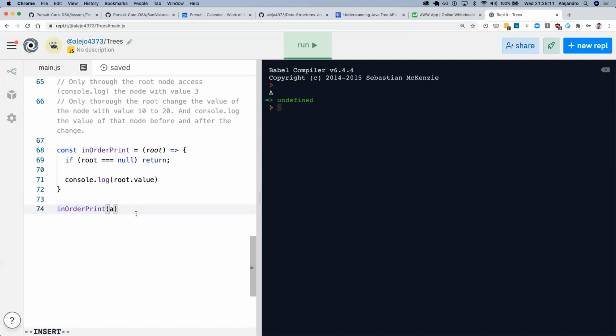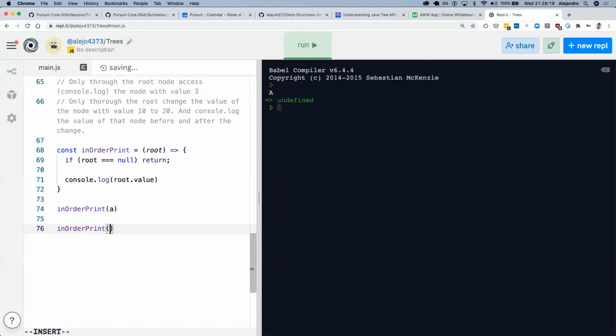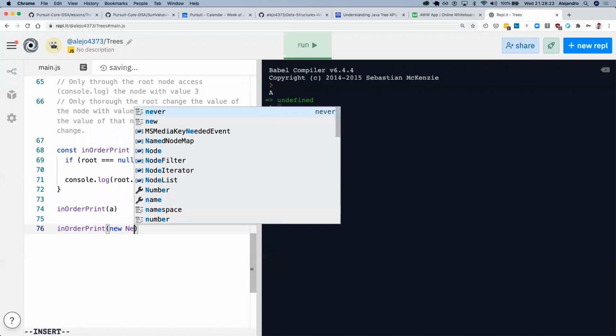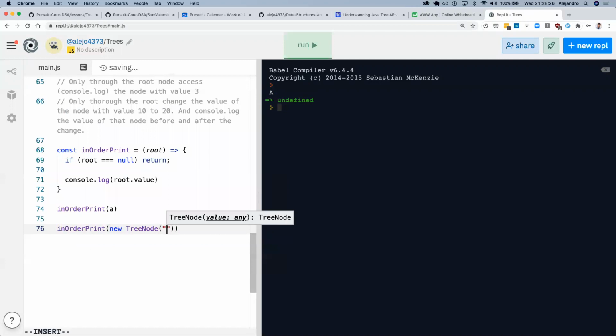And if we have a tree with only 1 value, let's say in order print, let's say we create a new tree here. New tree node, let's say 6.2. Console log 6.2. But we want to console log the left and the right.